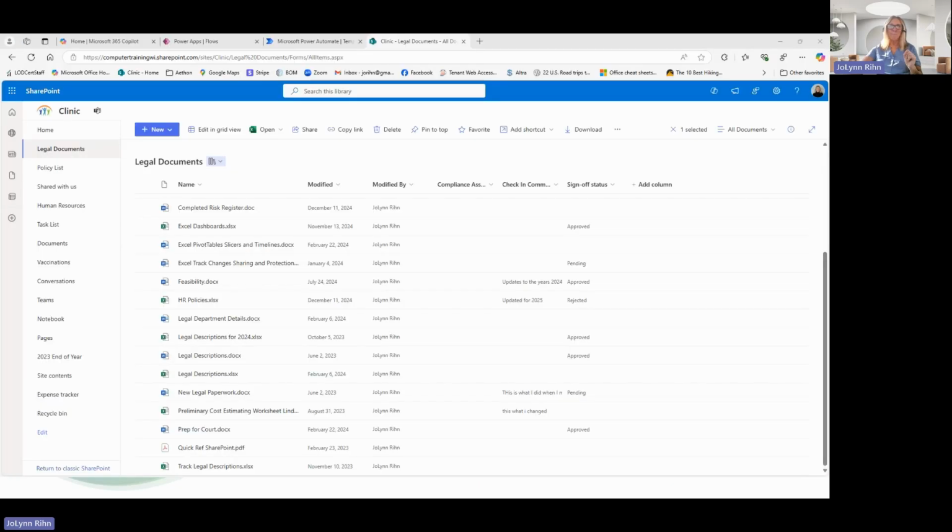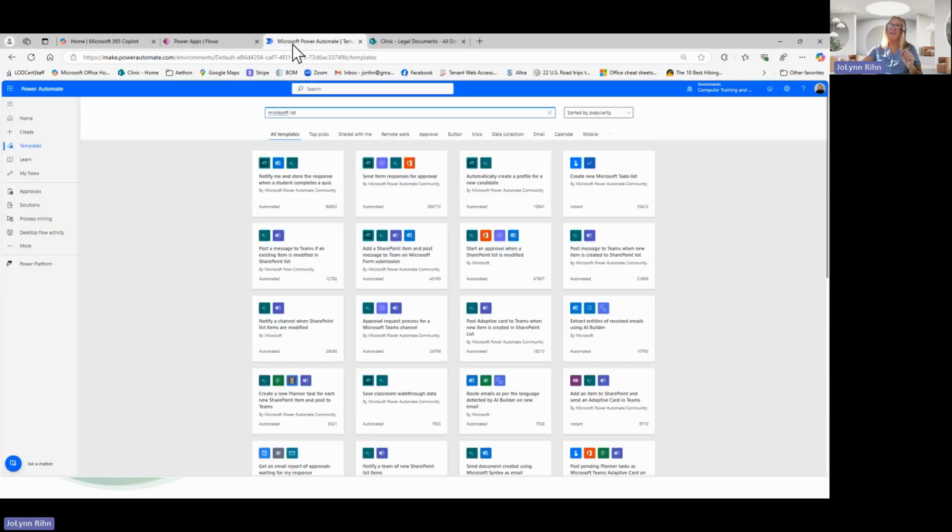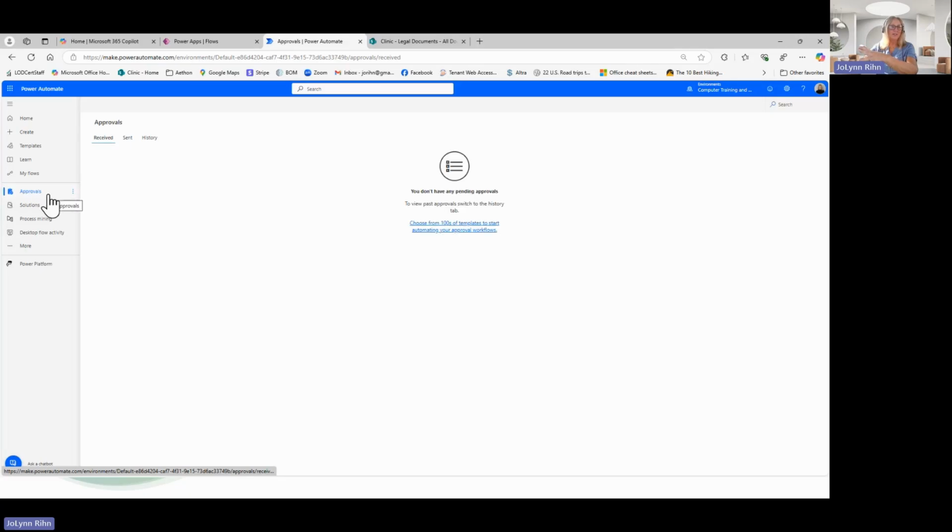And to jump back to my Power Automate here, I can actually access all of that on the left-hand side. When I'm back here in Power Automate again, I can go to the left-hand side and click approvals. Just so you know, I can access it from multiple places, okay?